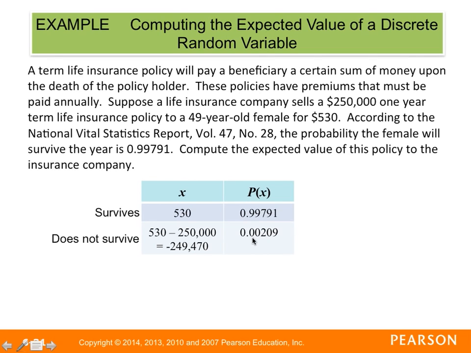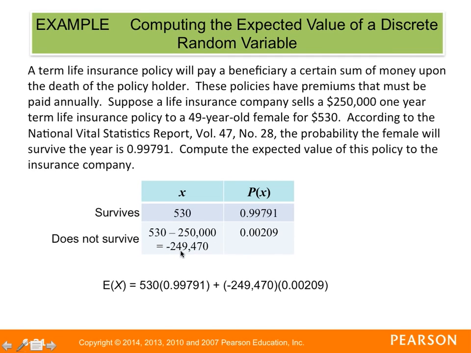So if you recall, the way that we find the mean or expected value is to multiply the things that go together. We take our x's and multiply by our probabilities. So we take our 530 and multiply by our 0.99791. And then we take our other x, which in this case is negative